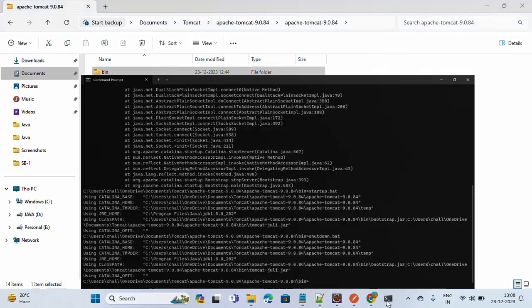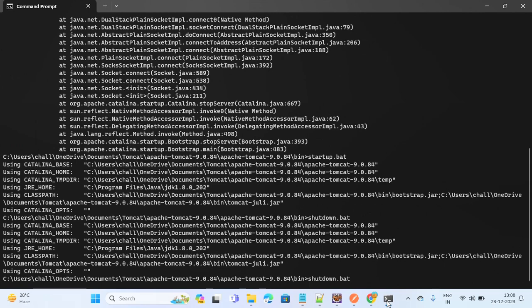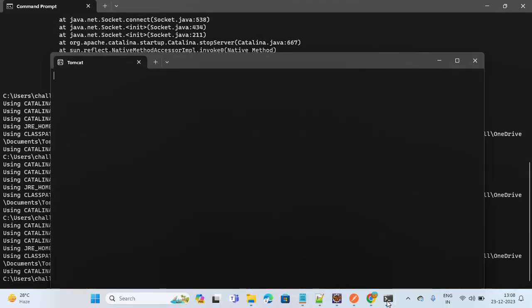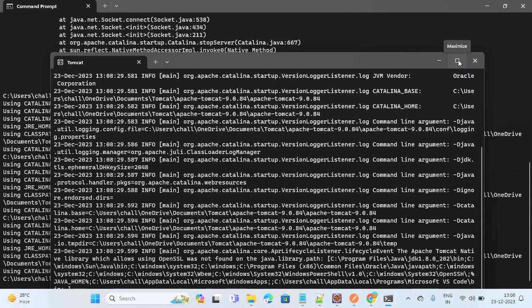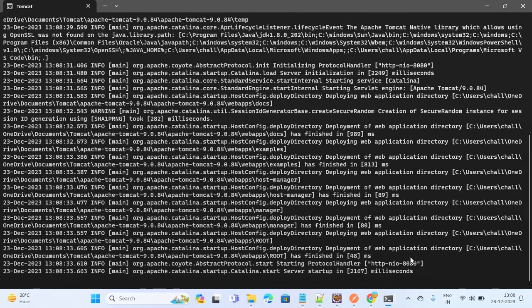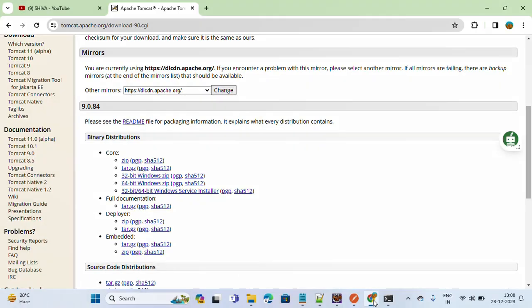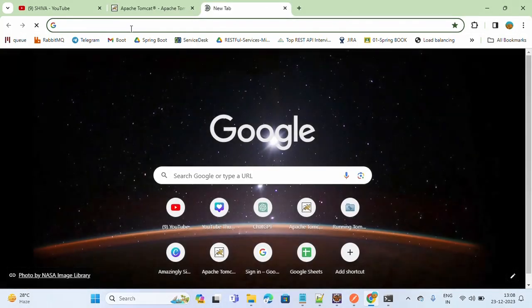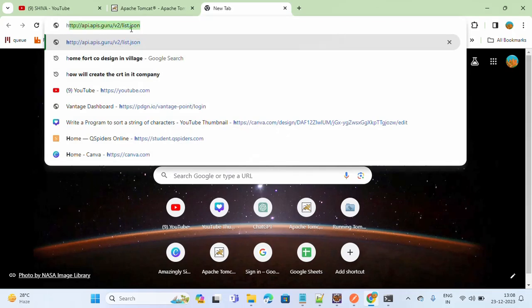Okay, so now I'm going to run the Tomcat server once again. So I started the Tomcat server. If you start the Tomcat server, you are going to see one default port, 8080. Okay, guys, now that the Tomcat server is running, we can see the Tomcat server homepage. How can we see the Tomcat server homepage? We are going to search for the